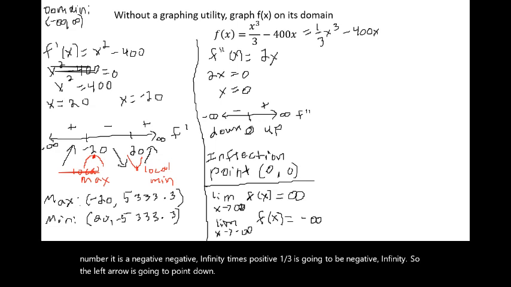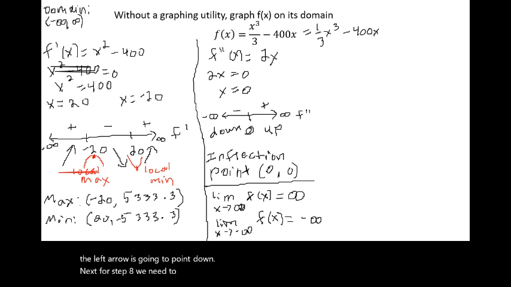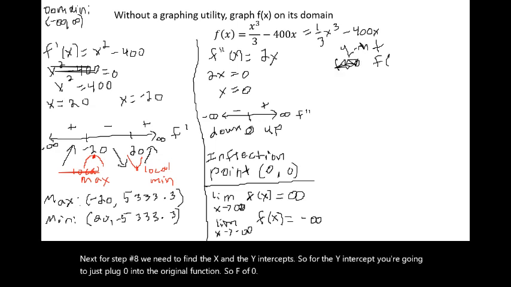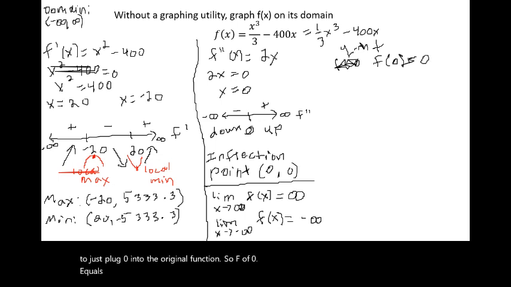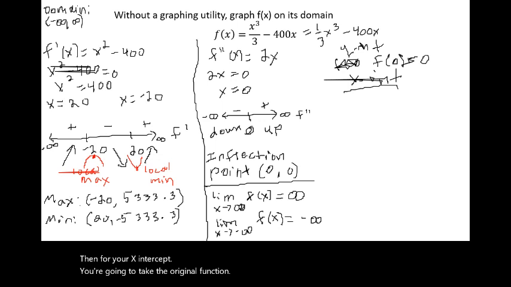Next, for step number 8, we need to find the x and the y intercepts. So for the y intercept, you're going to just plug 0 into the original function. So f of 0 equals 0 is your y intercept. Then for your x-intercept, you're going to take the original function and you're going to set it equal to 0